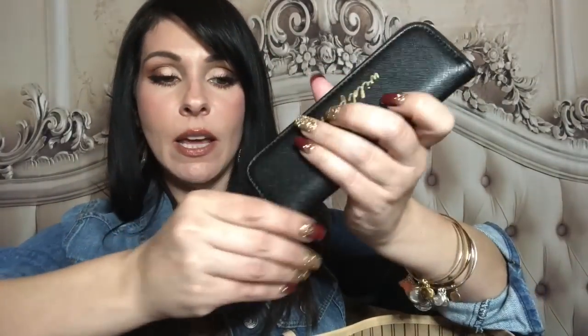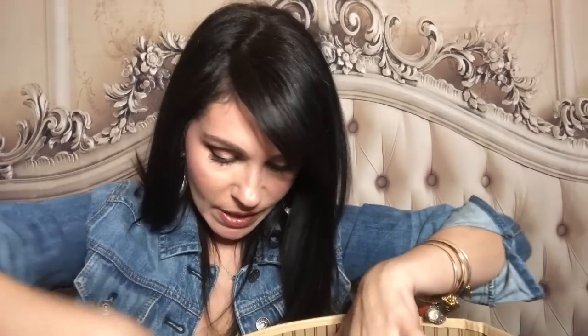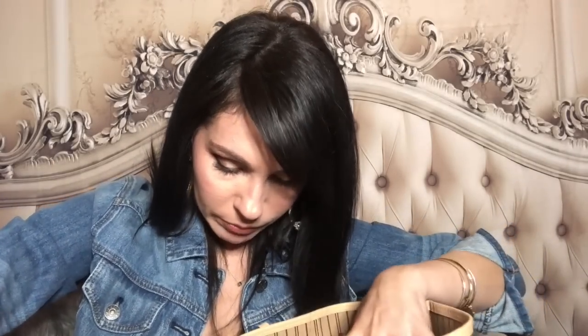And then I have my little pen case. It says, what does it say? Wildflower on it. And it comes with 2 pens. It's really pretty. I picked that up at Barnes & Noble. And I just really like this because it's so minimalistic. It's small and tiny. You can put your pens in it. And then I have my